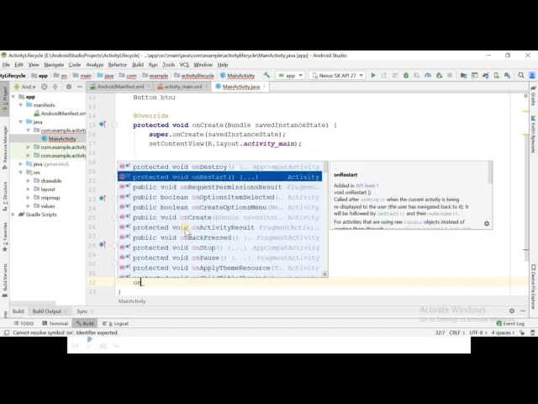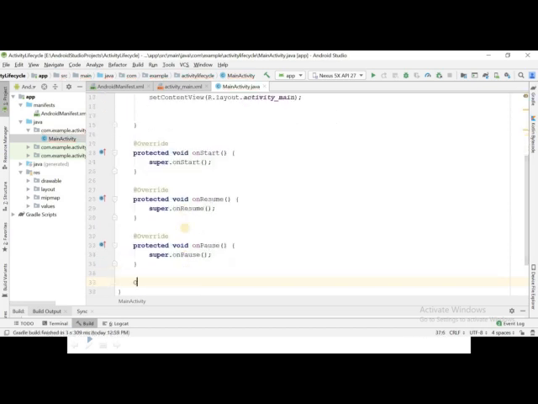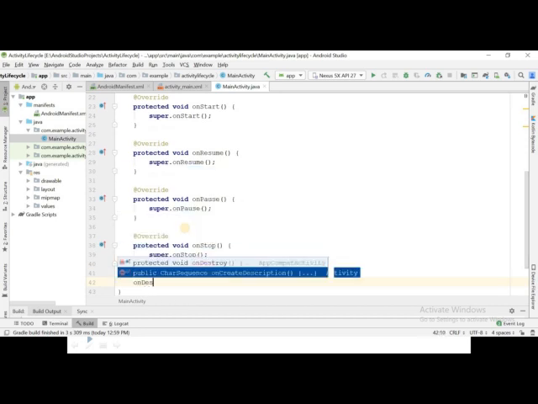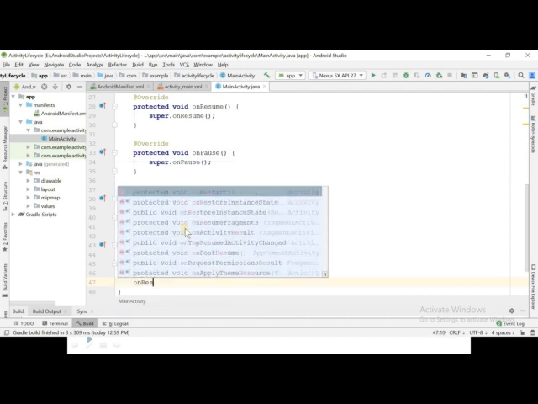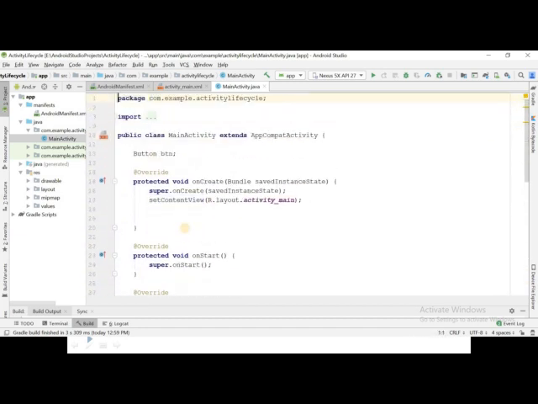The next method we will override is onPause. So onPause is available. Next we will override the onStop method, then the onDestroy method, and at the last we will override the onRestart method. We will write some log statements inside each method, so that when we launch our activity, we can see which state an activity is going through, and at which state which callback method is being called.